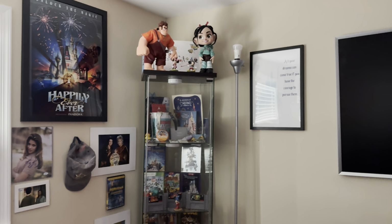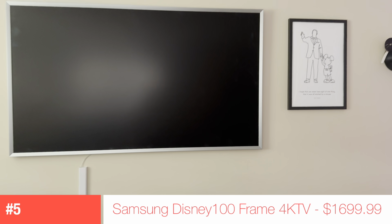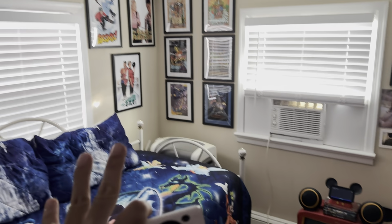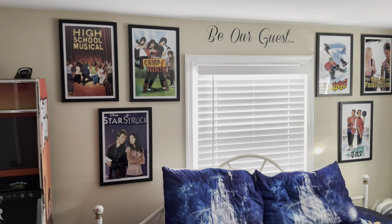The next one here coming in at number 5 is my new Disney TV that I added to my Disney room that I've talked about and done a full tour on. This was the perfect addition to this room. Obviously, this being a Disney-themed room, a Disney-themed guest room that I've shown off before. This is an awesome addition. The fact that they came out with this for the 100th anniversary of Disney was the perfect time for me